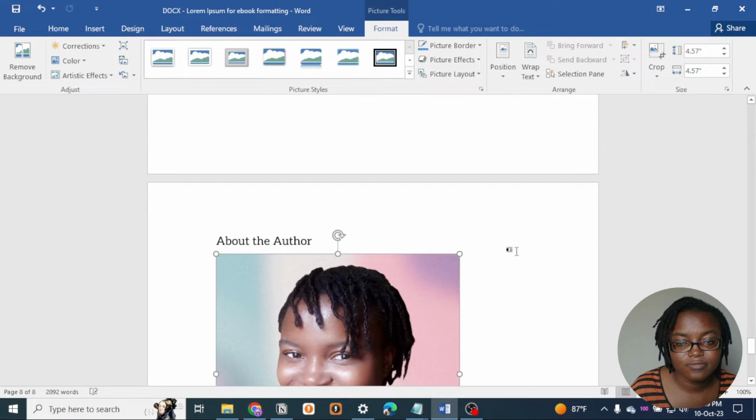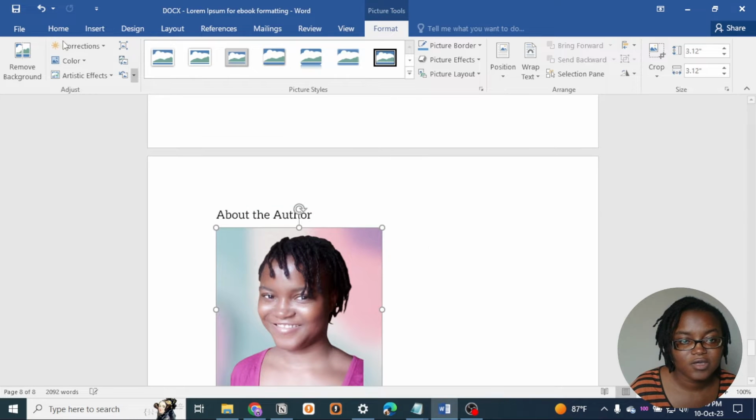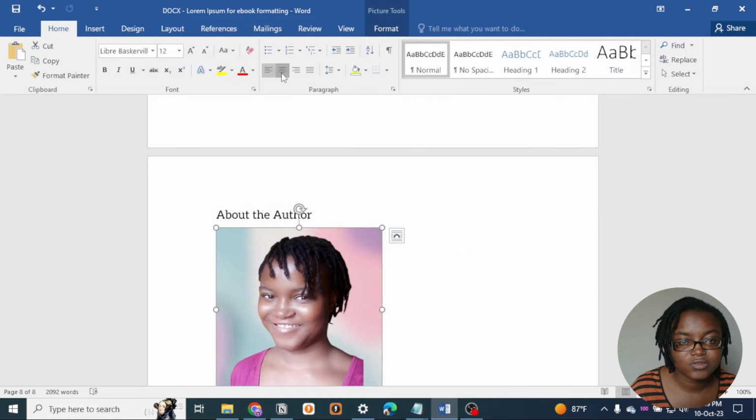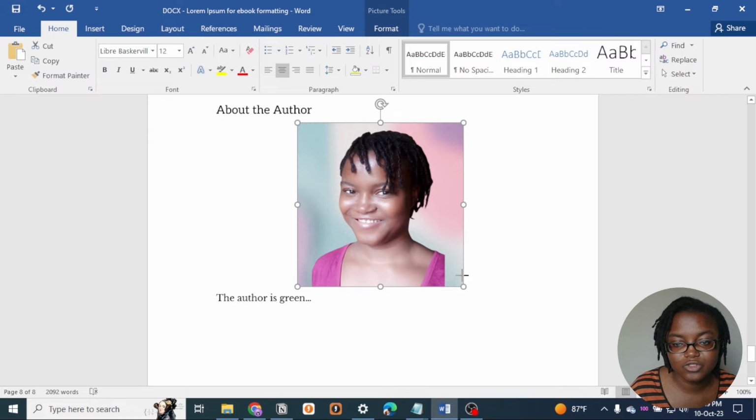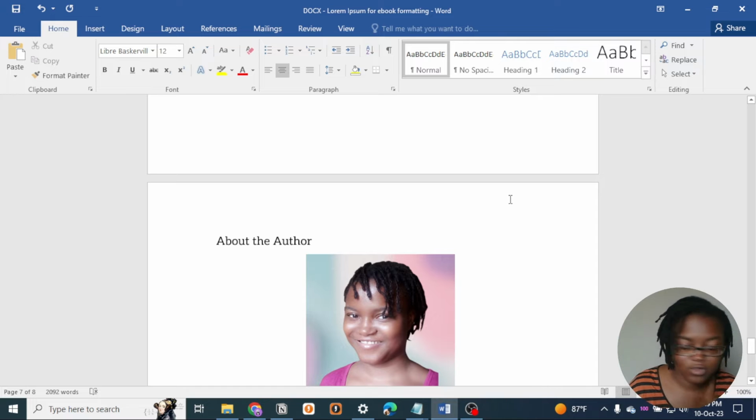That's too big. You can adjust it, of course, like this, and we're going to centralize that. This is not compulsory, by the way. You don't need to put the author's picture in the back of the book. This can be centralized or not, depending on you. And now that we have done that, we're going to add